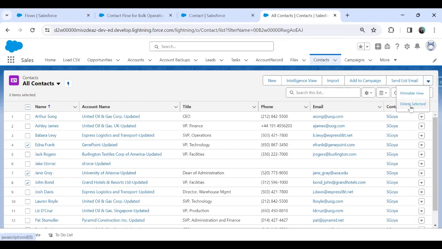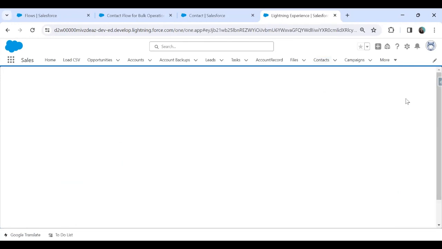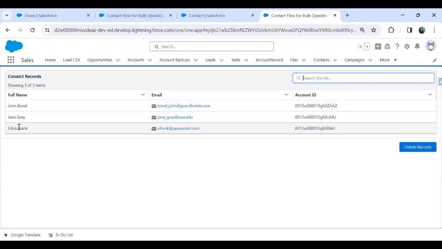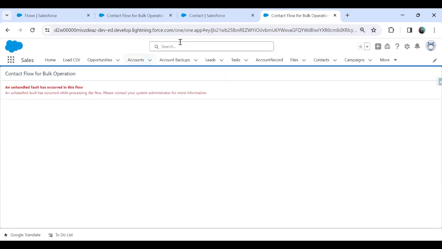Click on delete selected. When I click on this button, it is going to launch the flow, and it will also pass the IDs for the selected contacts to the flow, and then we can perform further operations there. So I click on delete selected. It redirected to the flow, and in the flow which we have created, it will list out all the contacts which we have selected in the contact screen. And we are getting a button called delete selected. And once I click on the delete record button, as you can see,